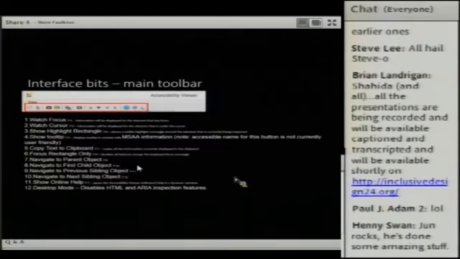Okay, so just looking at the interface bits, we've got the main toolbar, which is across the top, and it's got lots of different things that it does. The first button is watch focus, and when you press that, as you tab through focusable controls in the web page, which I'll be demoing a bit later, the accessibility information will be displayed about the focusable controls.